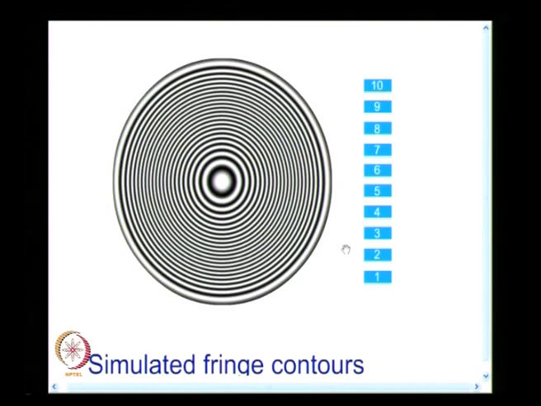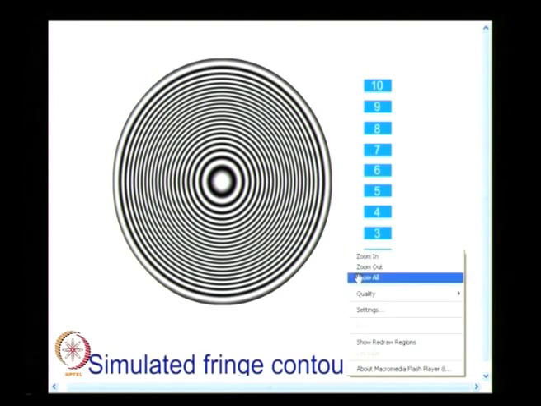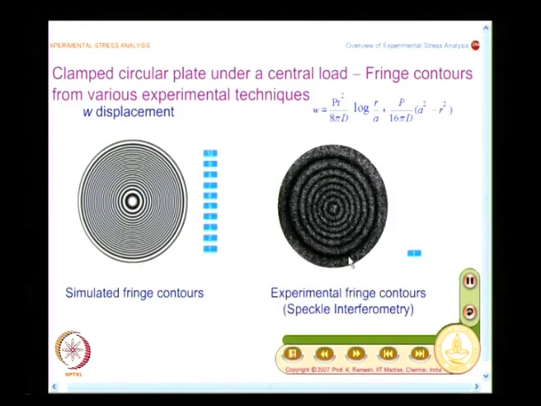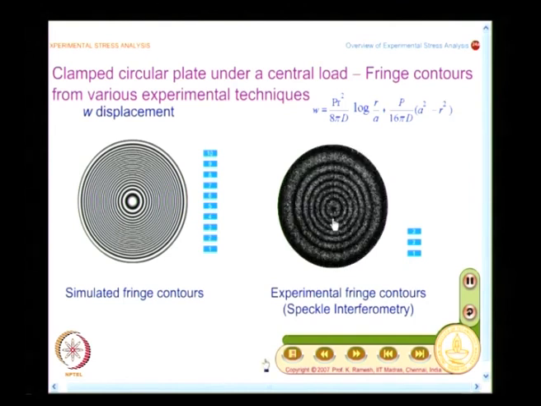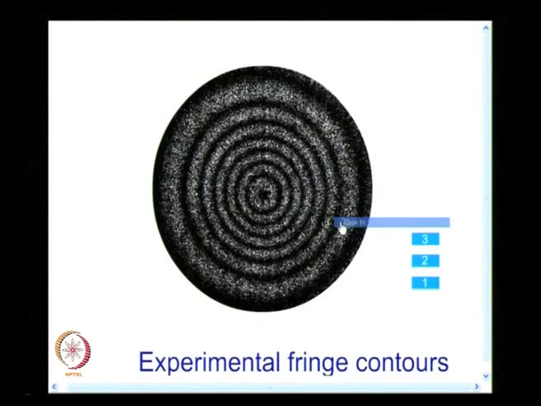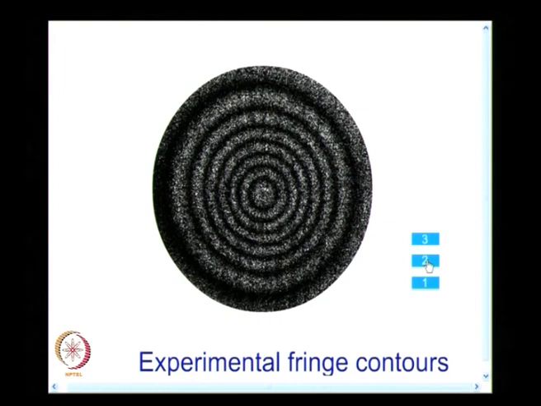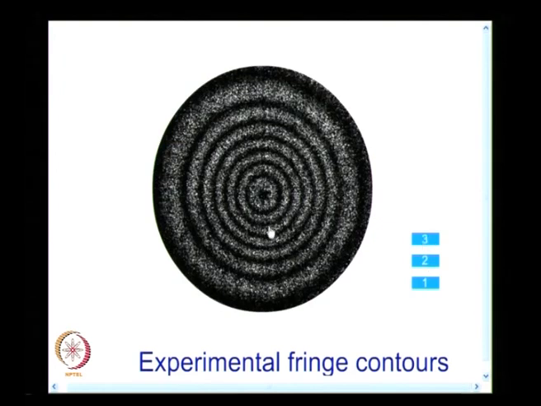And what you find is, if I want to look at an experiment, I can get this from speckle interferometry, and I will magnify this and show it. Here you do not find the fringes clearly marked dark and white; you have a speckle pattern, and these are called correlation fringes. Here again it is a function of the load applied; I can apply load 1, load 2, load 3 and so on, and you do not have the level of contrast that you have in the case of photoelasticity.